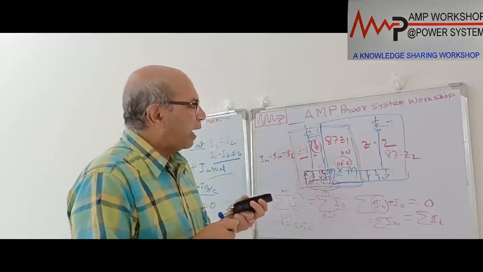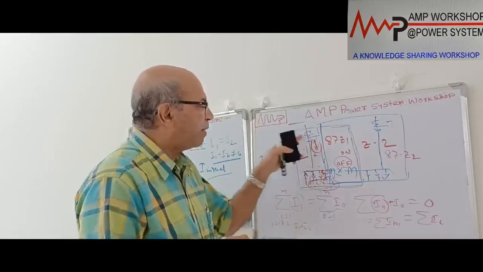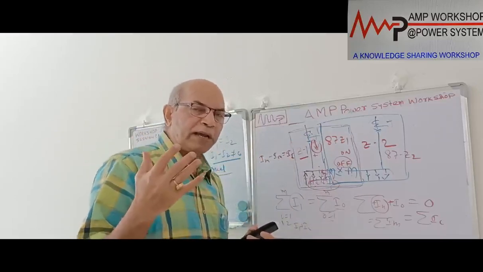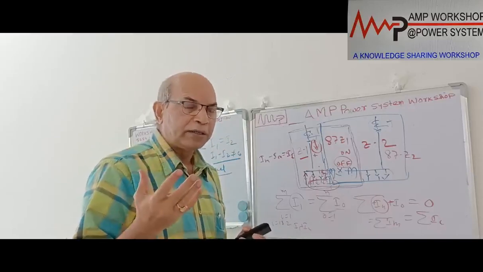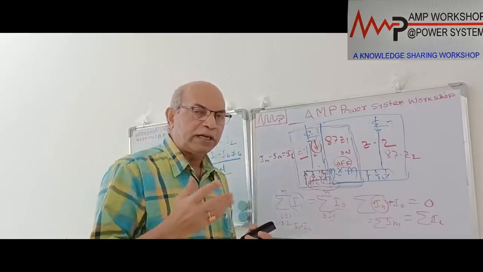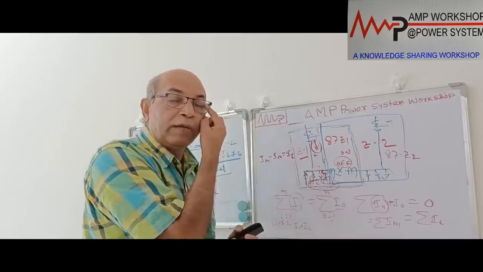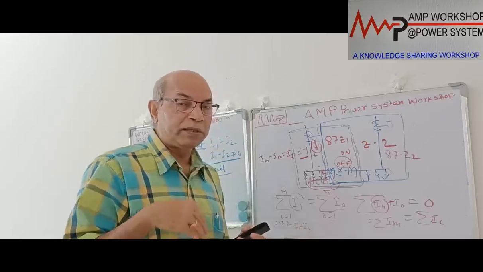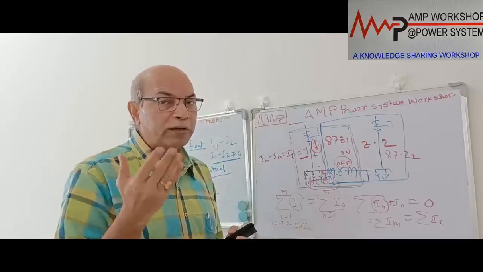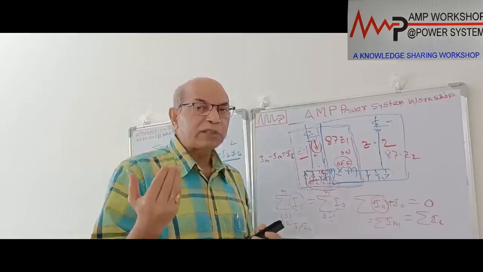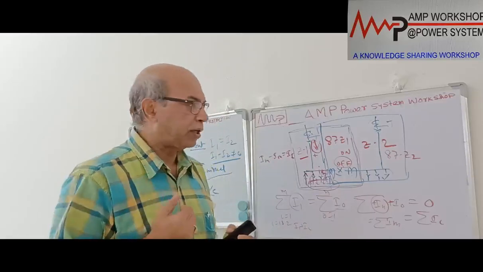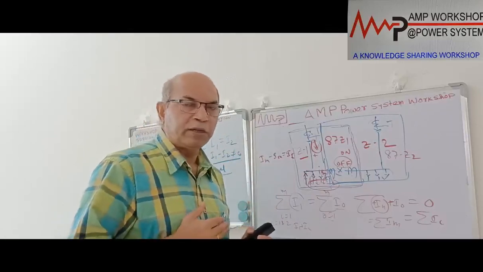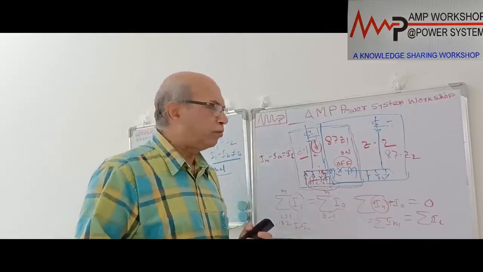So immediately, as the output current is not 0, the system is imbalanced. Immediately the imbalance will be monitored. If the imbalance is monitored in terms of current, by measuring the circulating current, then we call it the circulating current principle. But the imbalance we can also monitor by voltage. If we monitor the imbalance condition by voltage, then we call it a voltage responsive differential protection.